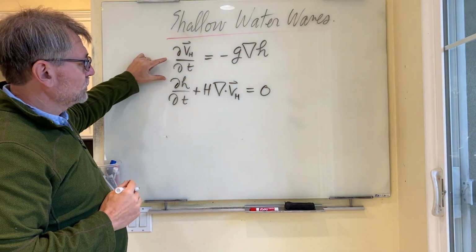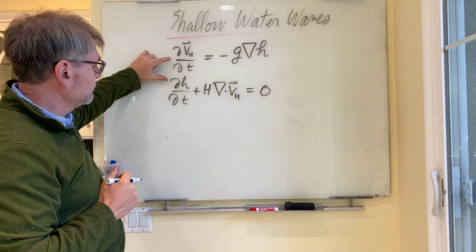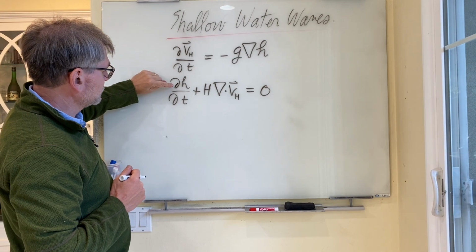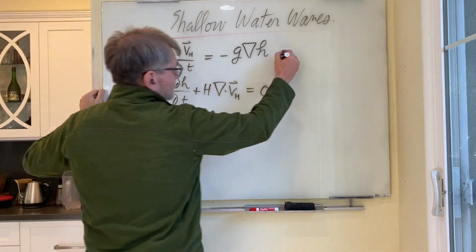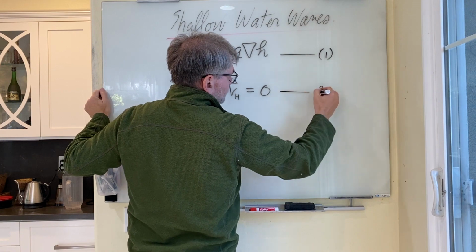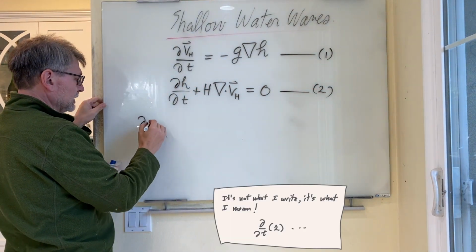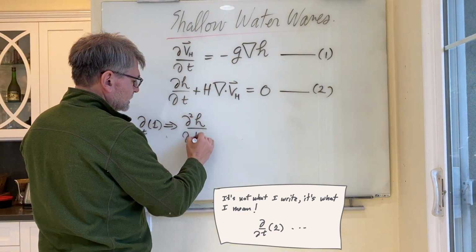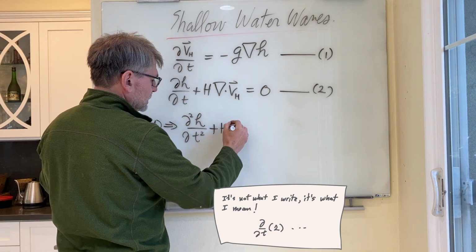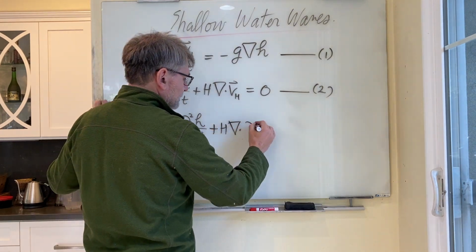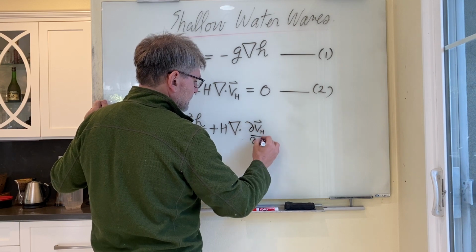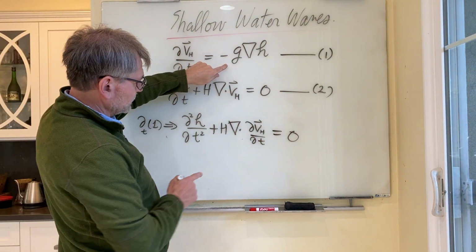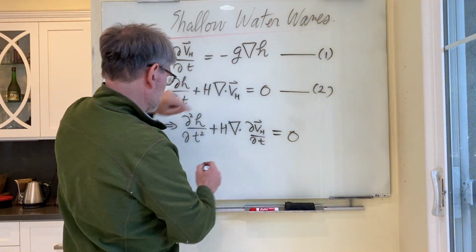Okay, so one thing we can do now is eliminate one of those two equations. I'll call this equation 1 and this equation 2. If I do d by dt of equation 1, what I get is d2h/dt squared plus h div dot dvh/dt equals 0. And dvh/dt from the first equation is just minus g grad h. So this becomes